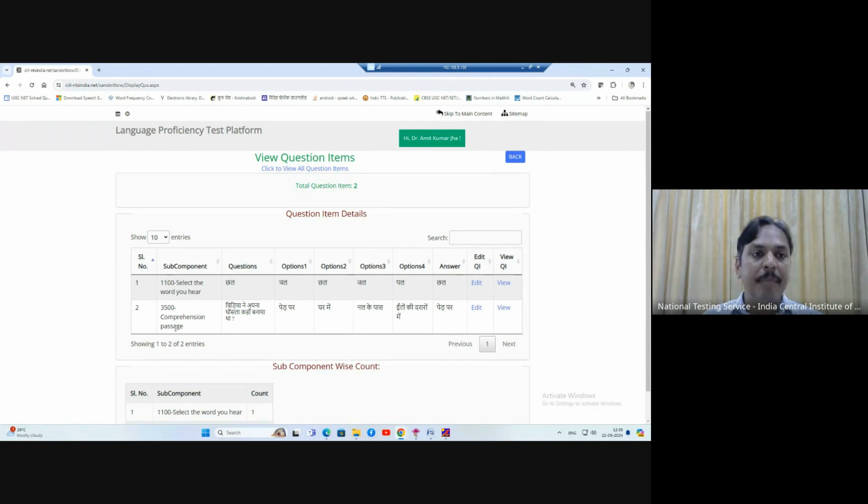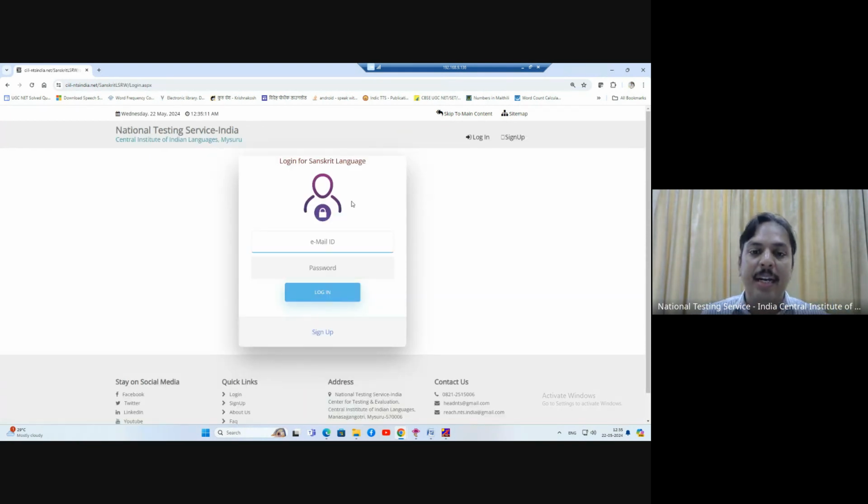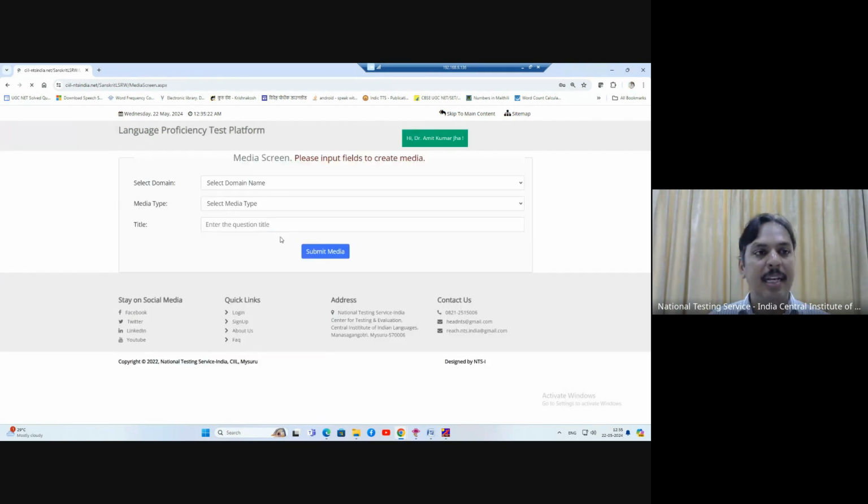Suppose sometimes you get some error like server error or runtime error. In that situation, you just sign out and log in again. Sometimes due to some reason a server error comes, so don't panic, just log out and log in again, and again you can input the questions. It is better to first create the questions in a Word file, then copy and paste, it will be easy for you. For example, if you are going to a place where there is no internet connection, you can utilize that time by writing the questions in a Word file, and when you get the internet connection,